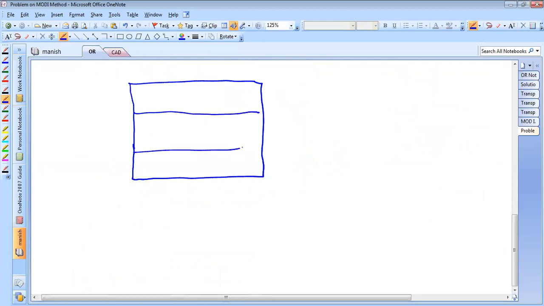So this is 1 row, 2 row, 1 column, 2 column, 3 columns. What are the values? 8, 5, 6, I think, isn't it? Next row, 15, 1, 5, 15, 10, 12. Next row, 3, 3, 9, and 10. So here we have allocation 120, which is not going to change.